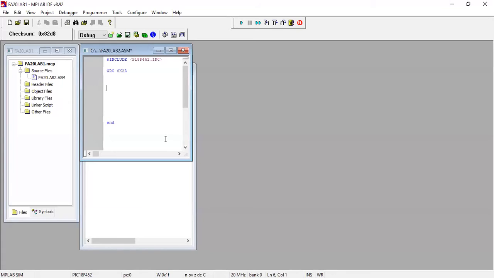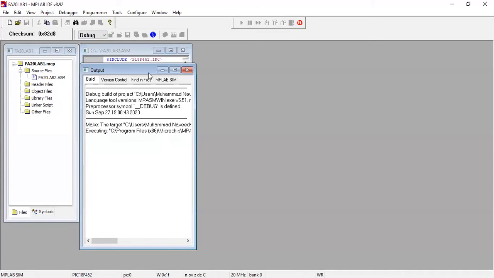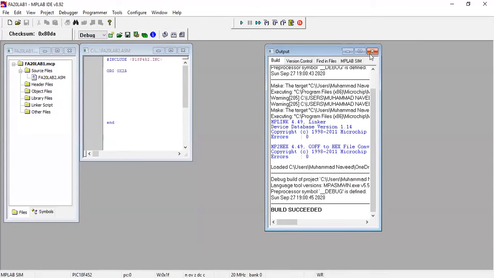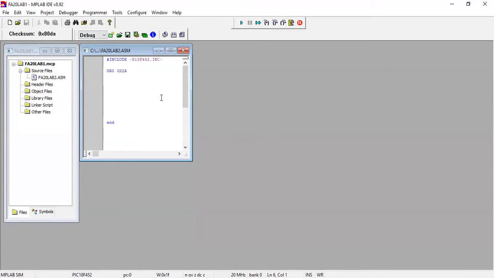Okay, here we are going to resume in the MPLAB environment. I have already built a project which is successfully built. You can see it's successfully built. These steps are already defined, so I'm not going to explain them. This is our assembly program code. I have already explained it very well in the last 2 tutorials. So we will be seeing some things which are new to our case.